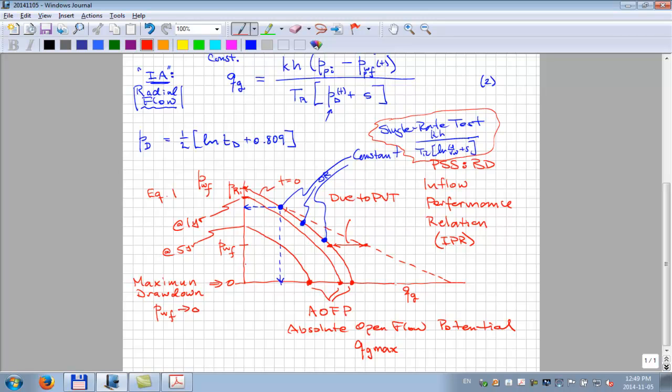Let's say that we've got a pipeline pressure, and realistically, let's say that this is our minimum bottom hole flowing pressure, because you have a pipeline you're flowing into with 200 psi, and you've got some pressure drop in the tubing. So down at the bottom, that's 500 psi. So if you flow open to the pipeline, then you'll be flowing these rates here. Now you may have a choke on the well, and you may only produce it up here. But